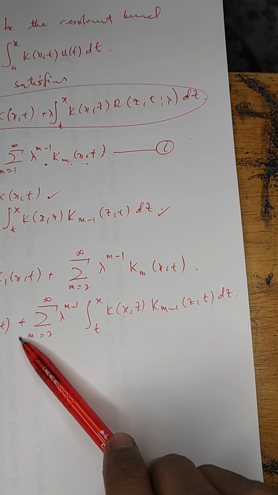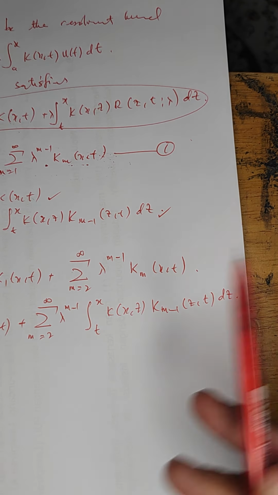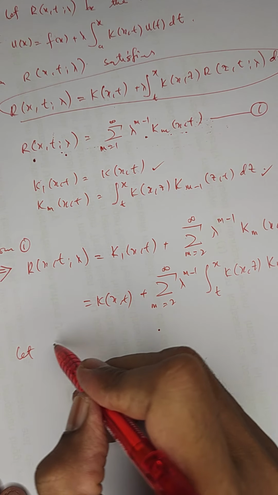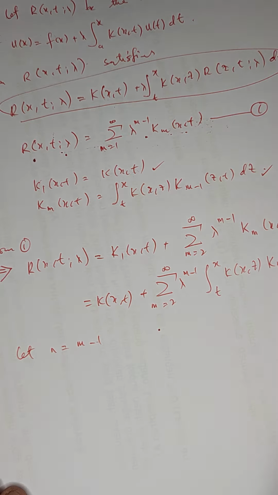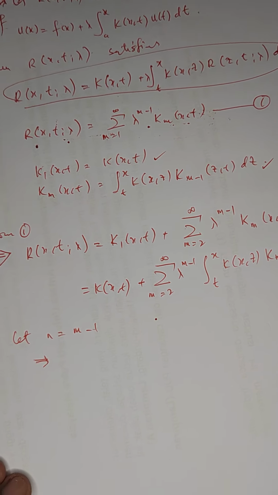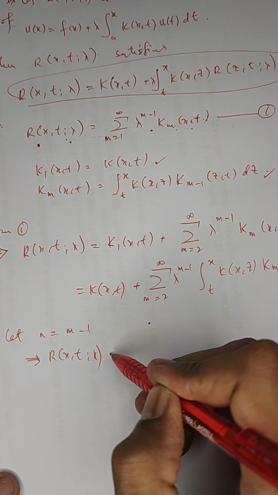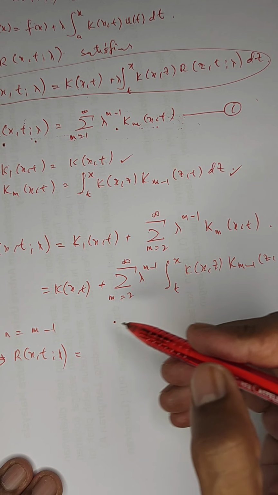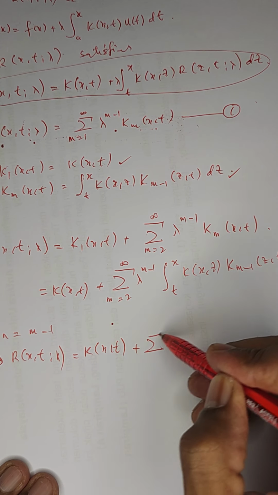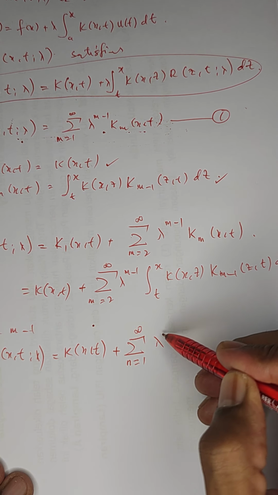I want it to begin from 1 and not from 2, so we subtract 1. Let n equal m minus 1, then R(x,t;lambda) is given as K(x,t)